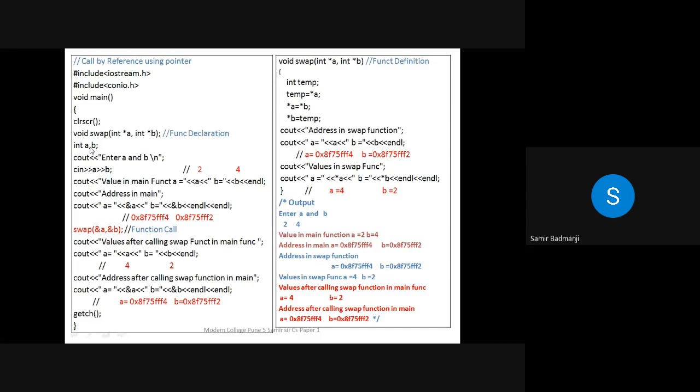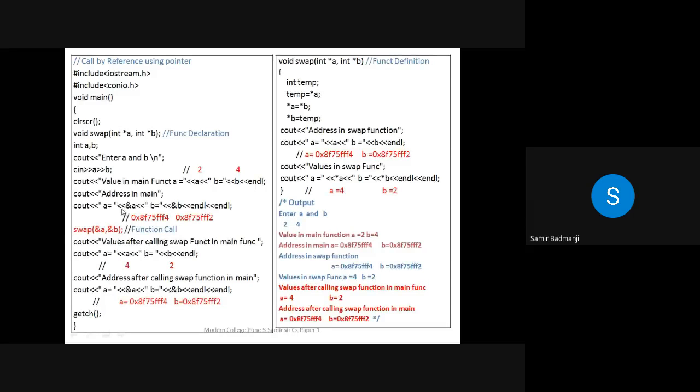Again we have defined two variables, a and b. So this star a and star b are different, and a and b are different. These a and b are normal variables, whereas star a and star b are pointer variables. Okay. Now see what we are doing. We are just inputting two values for a and b. Now suppose the values entered are 2 and 4 for a and b. So we are just printing the value in the main function after accepting. So obviously it will be 2 and 4 again. See in the output, enter a and b, 2 and 4 we are printing.